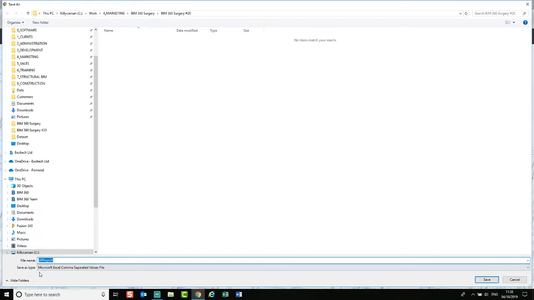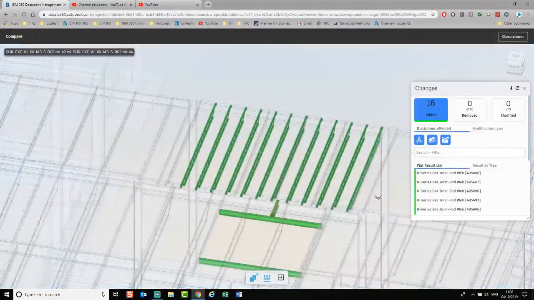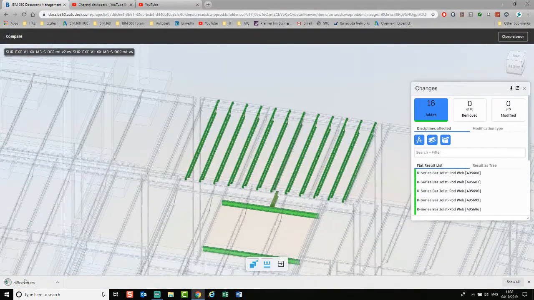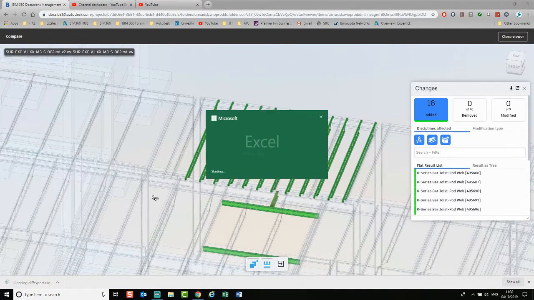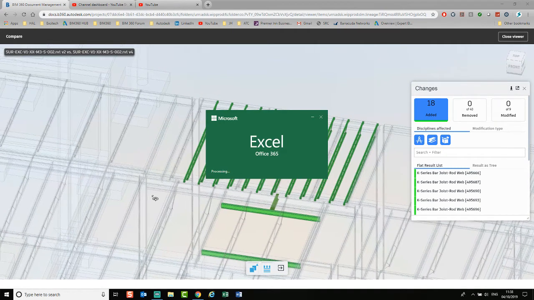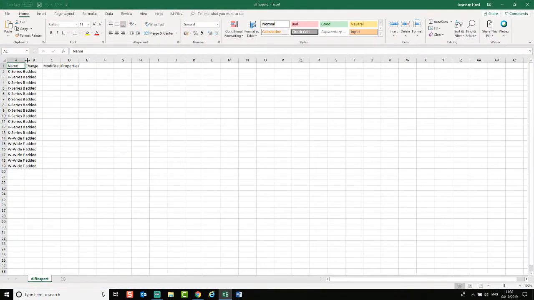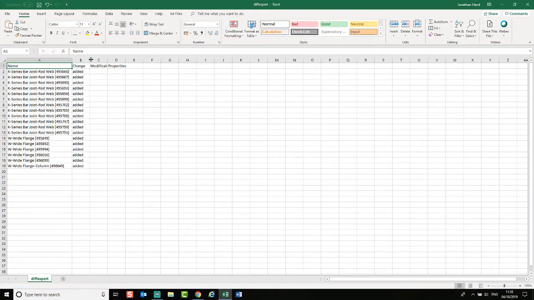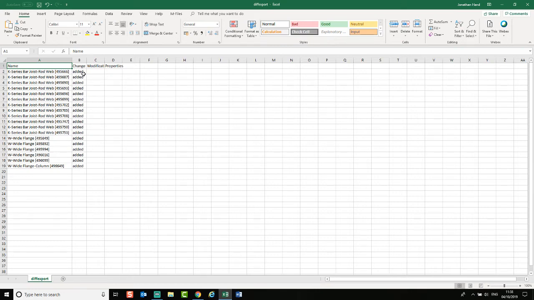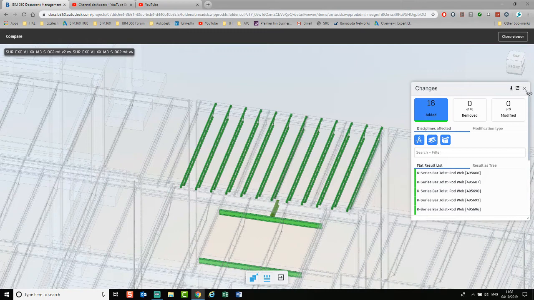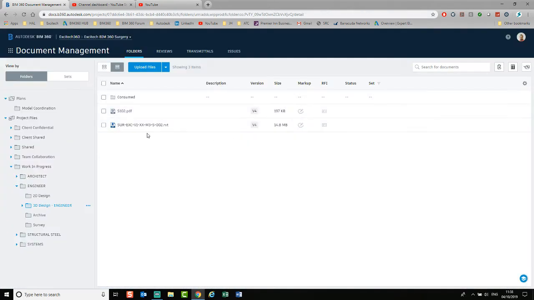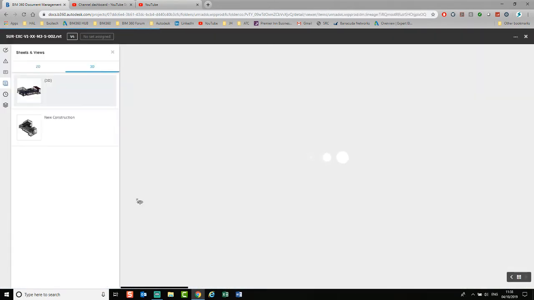And what you can then do is download that change and that information to your desktop, so it'll come down as an Excel. And then you can track the changes there. So you can see all the IDs and the difference between the information. So if we come back out of the viewer mode, click back into our model, we can also look at